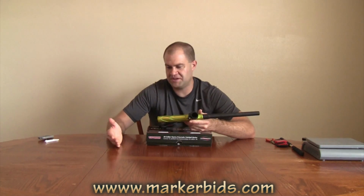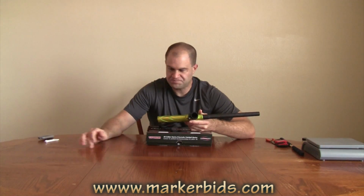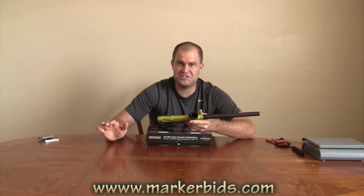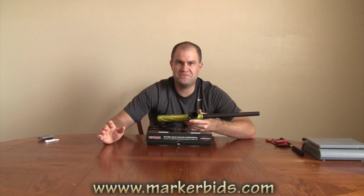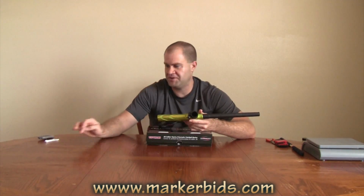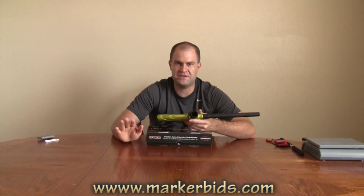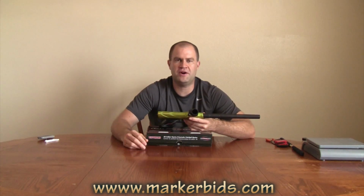And it's also a mech gun. So it's a Tippmann gun that can be used on the airball field, but can also be mechanical, and it's also got electronics in it as well. So it really does a lot of things. Just unfortunately, it doesn't seem like any one of those four types of players are scooping these things up. The mech players aren't picking it up. The airball players don't seem to be picking it up. Woodsball players a little bit. Electronic players aren't really picking it up. But let's go ahead and start taking this gun apart,